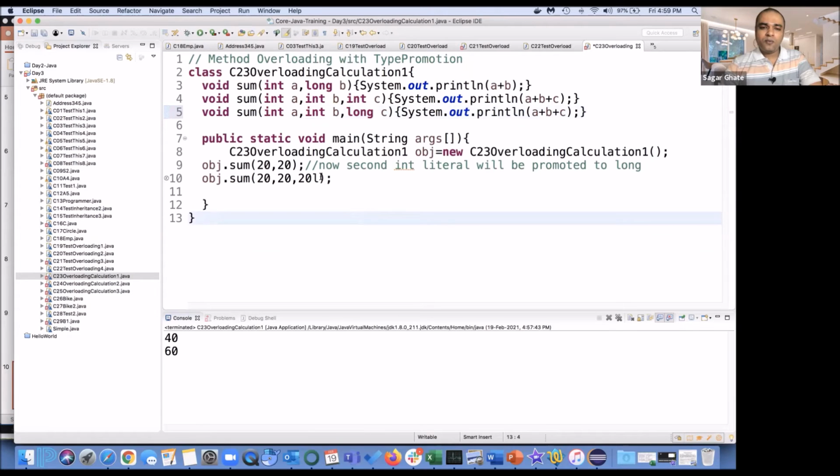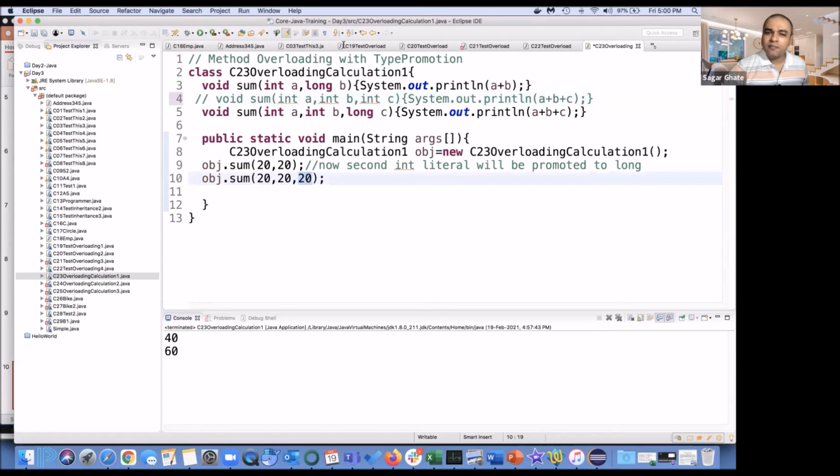Now, if I remove this, what's going to happen? If I remove this, it will be calling this method only. Now, if I remove this, still it is going to work. Why? Because of type promotion, which means you are passing int, but the compiler is adjusting it because the smaller value can be adjusted in the bigger house.